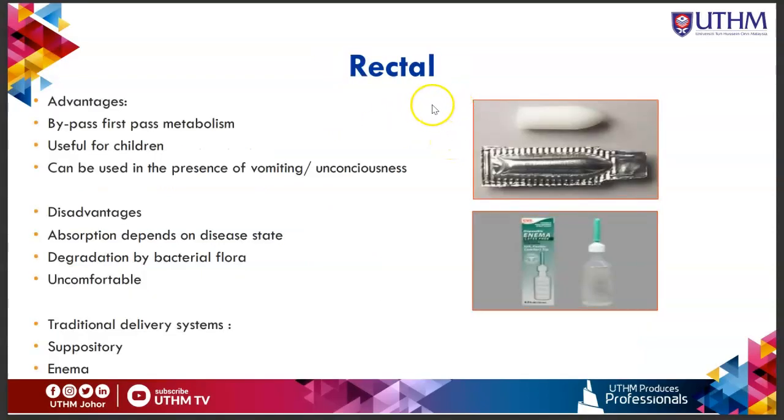In terms of the rectal, we have this advantage of avoiding first pass metabolism, useful for children, can be used in the presence of vomiting. Disadvantages is absorption depends on the disease state,